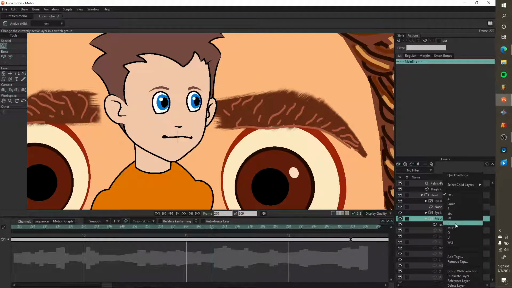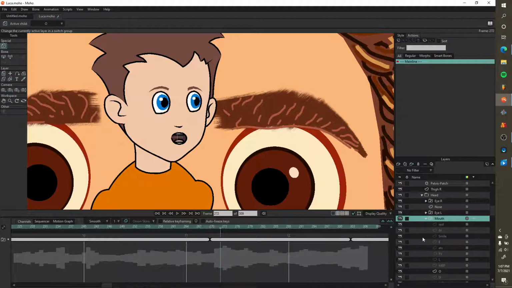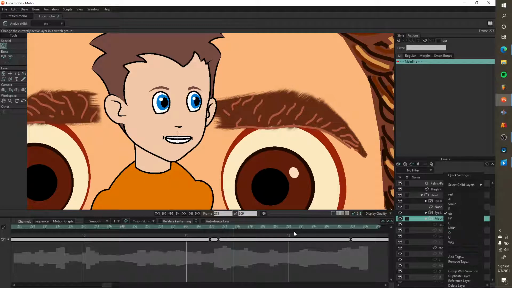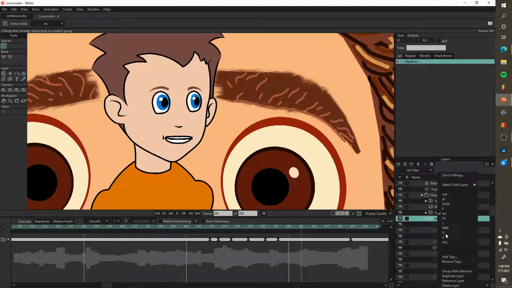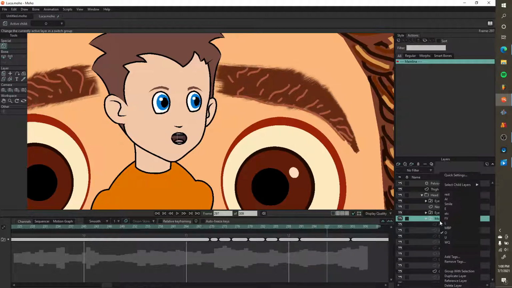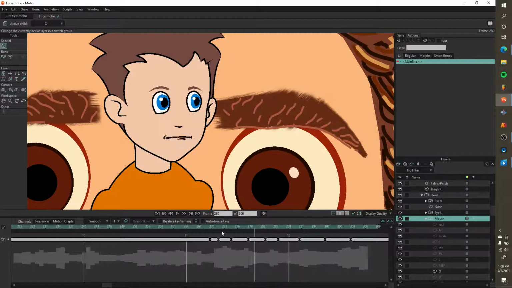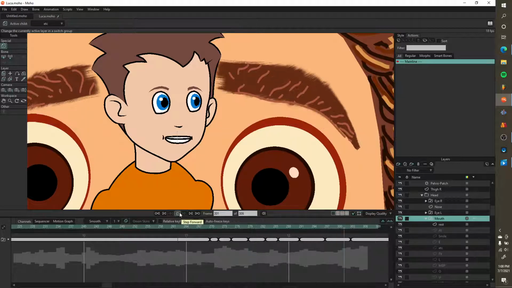So this is a G, so for "good," you do the G, and then a D, which would be the consonant, and then you do O, and then A. So that's typically how Moho is used to animate the mouth, and I did it